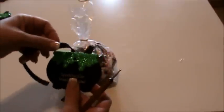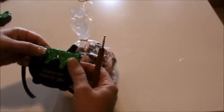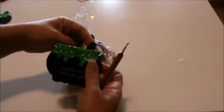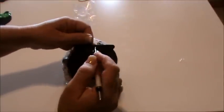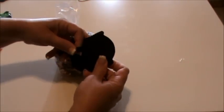I really can't stand them. But then I decided, okay, I'm going to just thread this through and tie it. But then I realized it wouldn't be tied really pretty, the bow would be kind of wonky. So what I did was I put the ribbon around from the back, and then from the back you take the ribbon and using your little embossing tool just poke it through. See, it comes through the other side because it is a small 3/16 hole. So I've got one side done. Then I'm going to come around